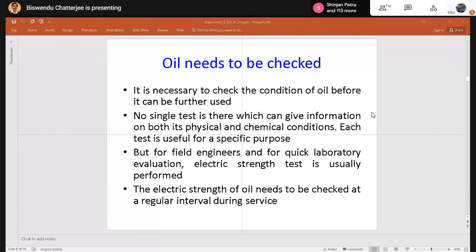One minute, someone is trying to enter. Okay, now,